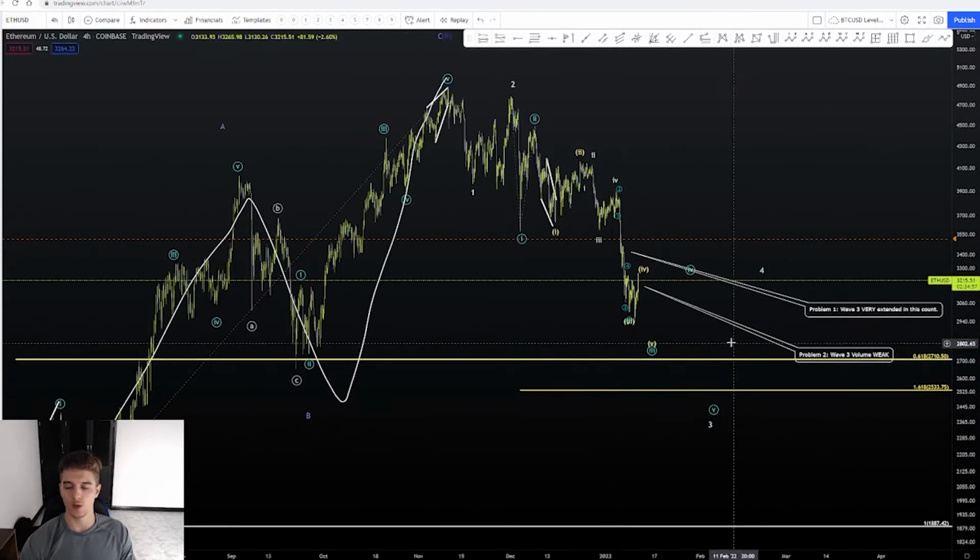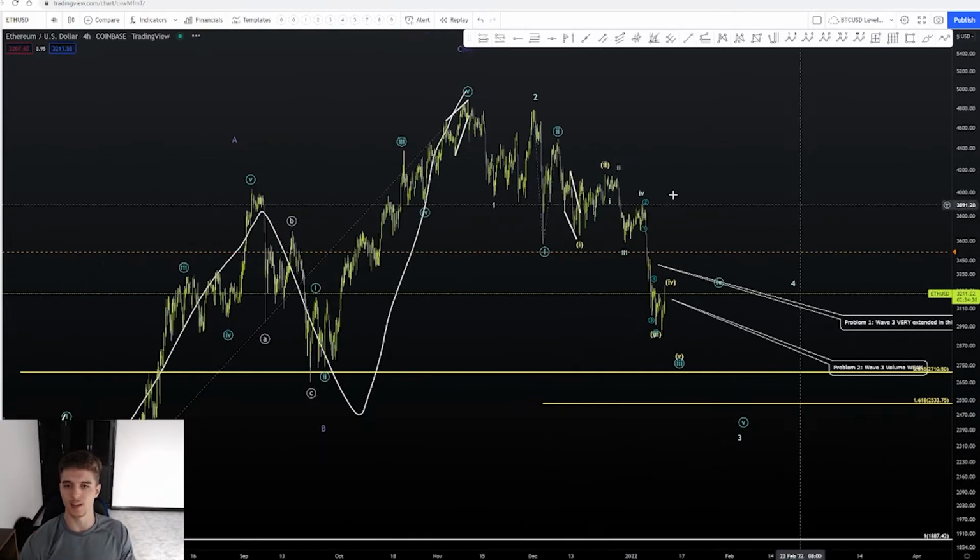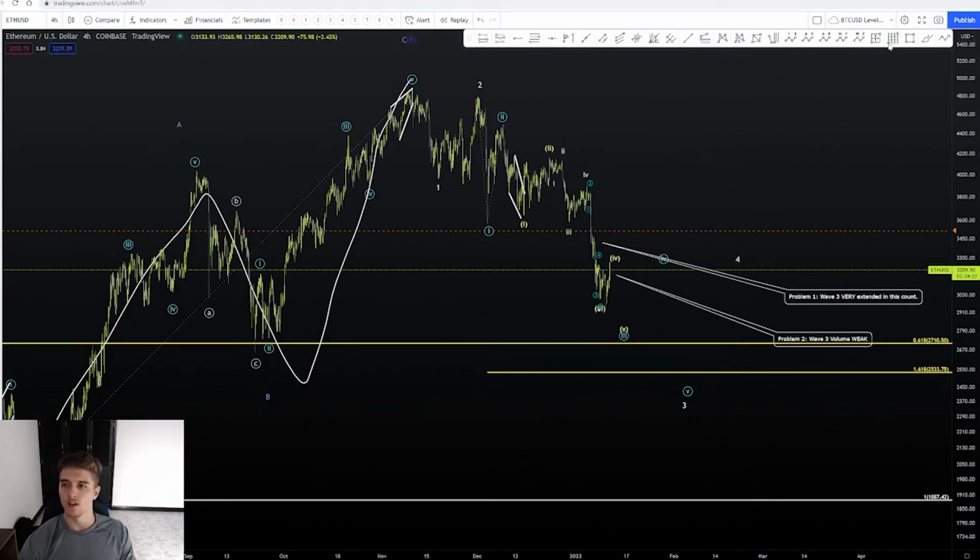And like I mentioned, this wave 3 will be very extended because this wave 1 completed in about, let's see, this is the 4-hourly chart. This would be 50 bars. So do 50 times 4 and divide it by 24, and that's going to give you how many days it took to complete it. Then we're going to compare it to how long this wave 3 is taking. So keep in mind, wave 1 took about 50 bars,